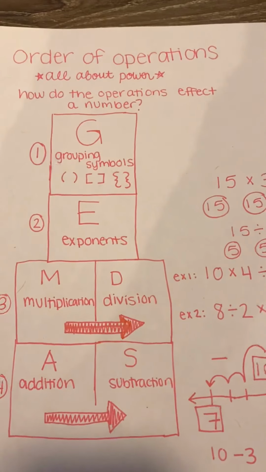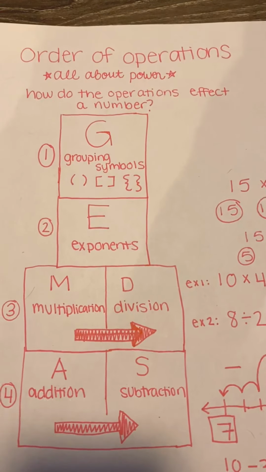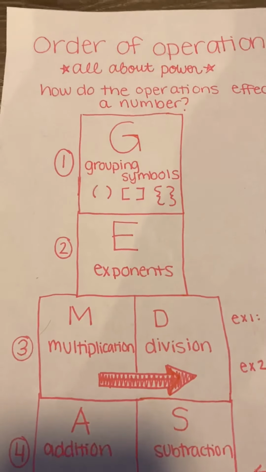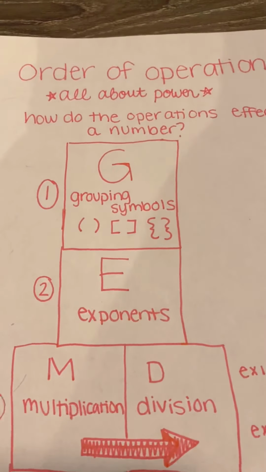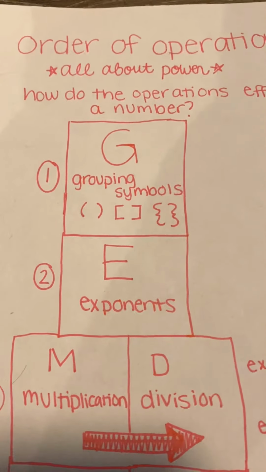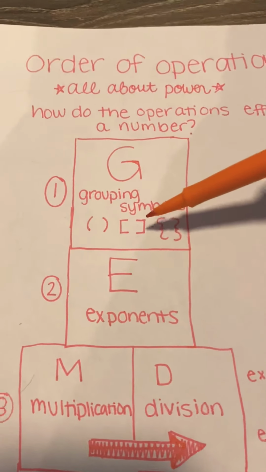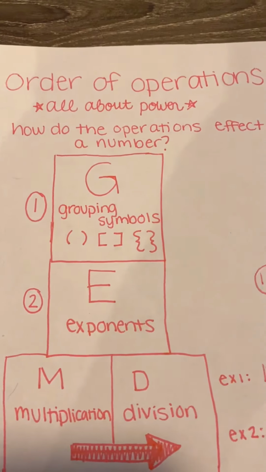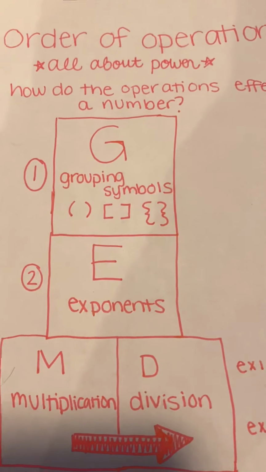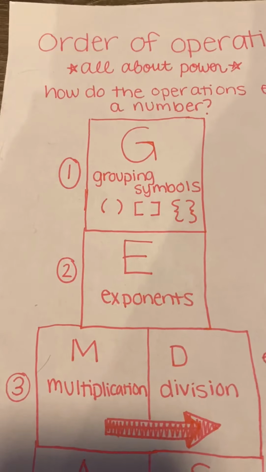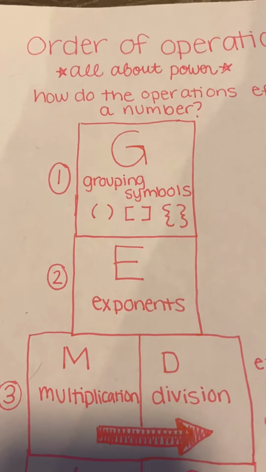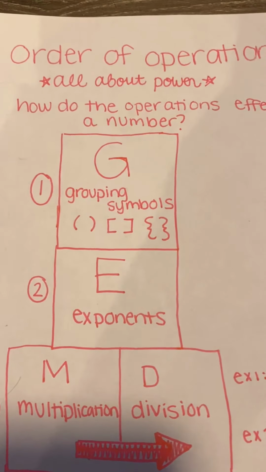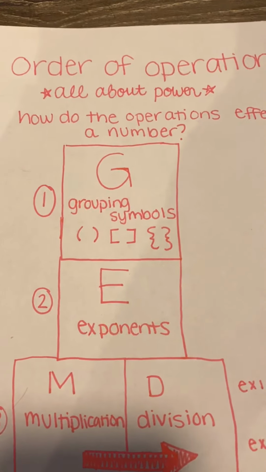When we have these order of operations, it's all in order of how the operations affect a number. We start with our grouping symbols, and a lot of people learn this as just a P for parentheses. Those grouping symbols include our parentheses, our brackets, and our braces. There's really no difference between them. When they get into higher level math, it will help them differentiate between different sets of grouping symbols in a problem. But in 5th grade, they're just being introduced to these grouping symbols, so they use them interchangeably